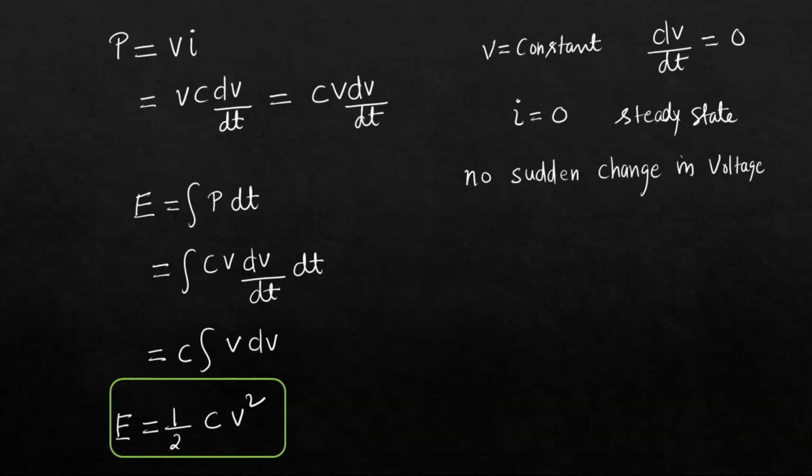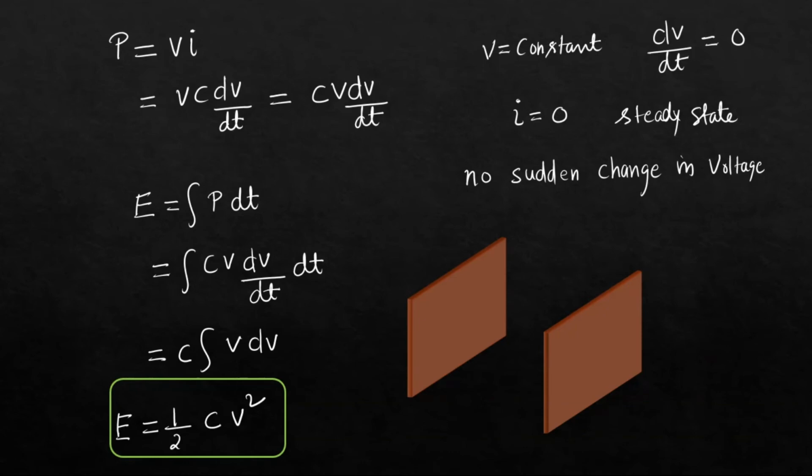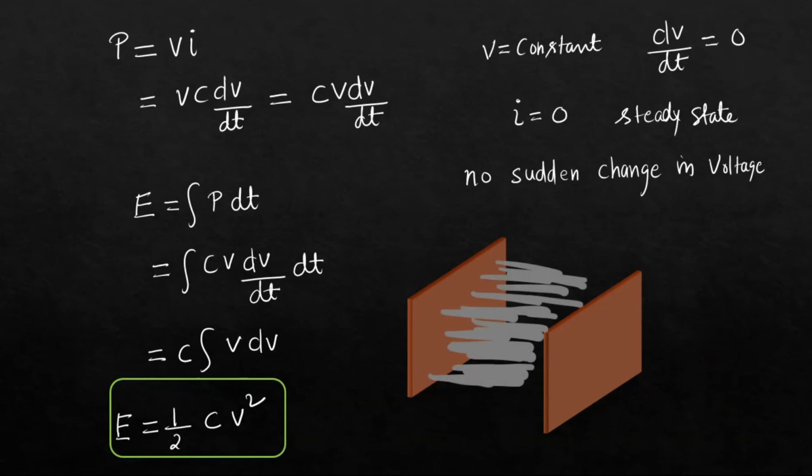Now usually what we do is, between two plates of a capacitor, we place a dielectric. What is meant by dielectric? It is basically an insulator. But still, why is it called a dielectric? Because in a dielectric, if you take an atom, it will have a nucleus and electrons. If you apply an electric field, positive charge goes in the direction of the electric field, negative charge opposite to it. And when positive and negative charges are separated, it becomes a dipole.